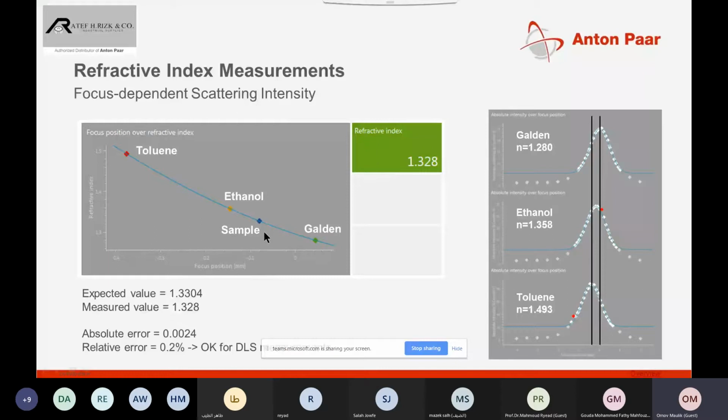You run those standards, and then you run an unknown sample, and what you are doing is applying the scattered intensity of that unknown sample onto this regression line. So you can see over here, in case your measured data falls in between glycerin and ethanol, you can accurately say